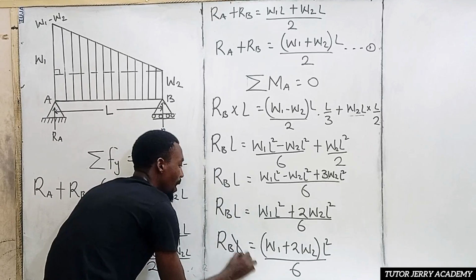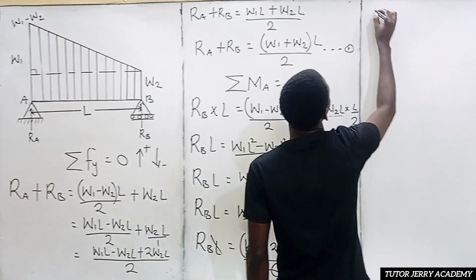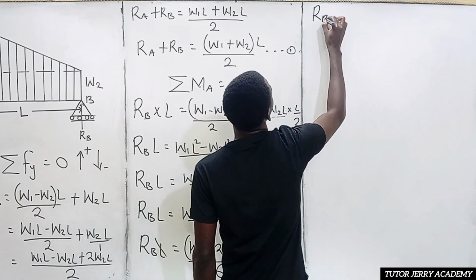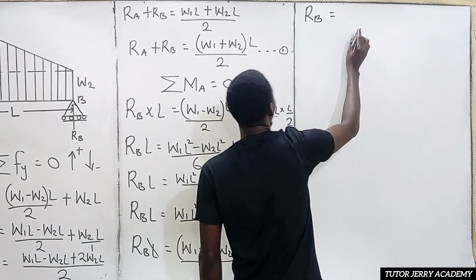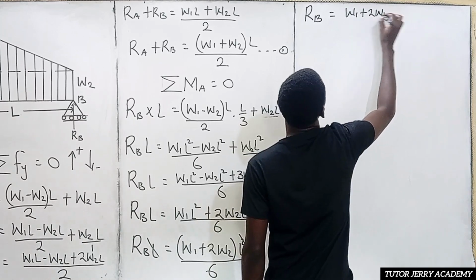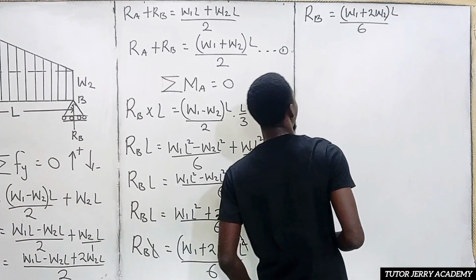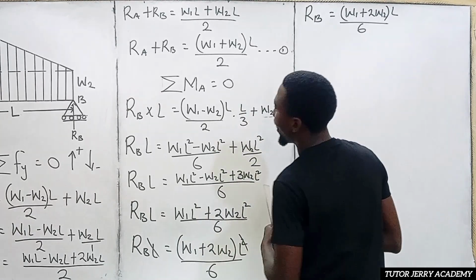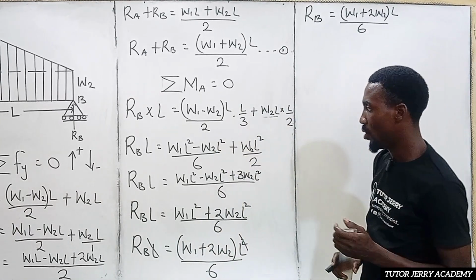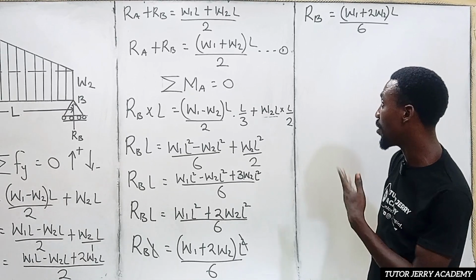6. So L will go with L. Then we'll be left with R subscript B to be equals to W1 plus 2W2 L all over 6. So that will be the reaction at B. All right. So now, for us to get our reaction at A, we already have our equation 1